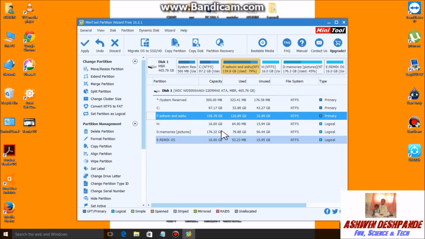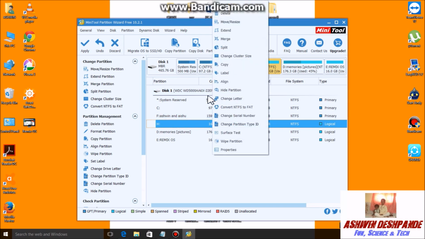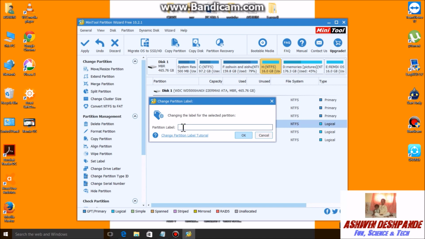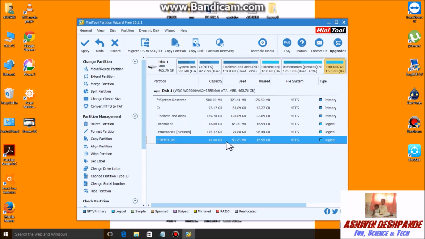Once you have done that, you'll get a new drive here. See, you can see drive H. There's no name for that, but it's containing 16 GB of free space. Okay, guys, next what you should do here is again right click on the new drive and go to label, and here in the label type whatever you want, but for my reference I'll type RemixOS. Then click on OK. Now you should click on the apply button here on the left top corner, and once you have done that you will get a new drive. It may ask you for restart. If it asks, then please restart your computer. Okay, guys, I have already created the drive for RemixOS, so I'll not do this. I'll just close this.